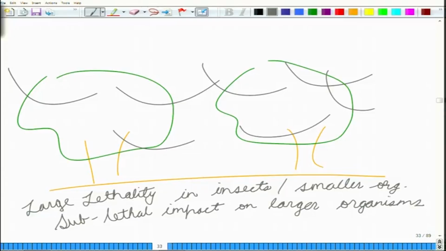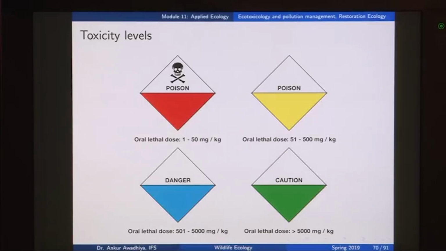So, even if you are releasing the same chemical, the impacts will differ depending on what is the species, what is the size of the individual in that species, and also on what are the underlying predisposing factors that that particular individual is having. So, for instance, if you have those organisms that are already diseased, in that case probably the amount of lethality will be much greater, or for those organisms that are not living in burrows but are living out in the open or are say flying, such as birds. So, birds will have a very great amount of lethality because they are completely exposed to these toxins.